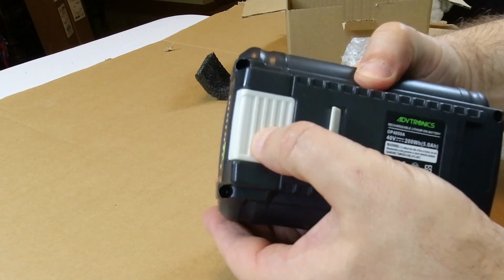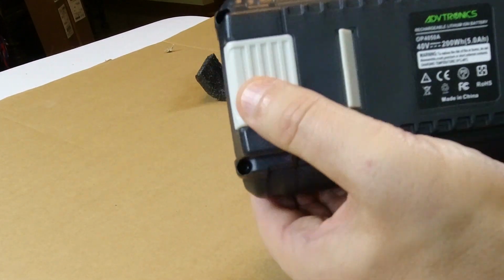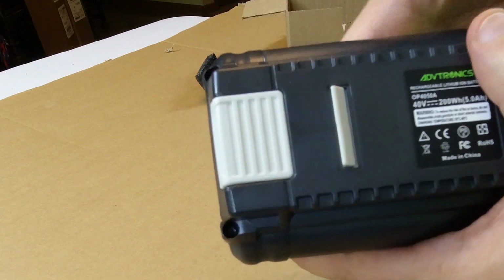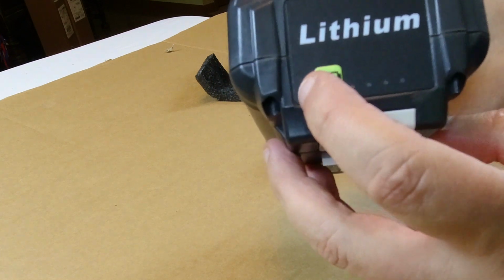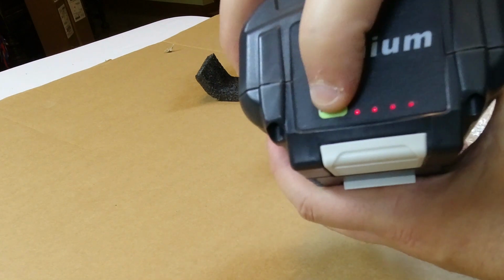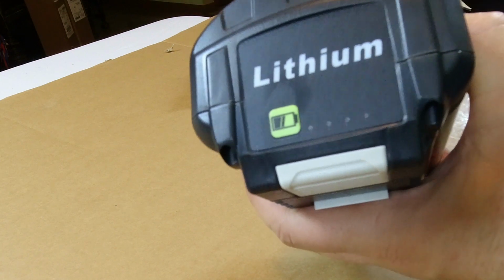This works exactly the same as the RYOBI system. And then you have, of course, a little indicator back here. This looks a little different, but everything else so far looks about the same. Let's go ahead and push that button. Oh, we have a full battery. That tells me this is pretty much fresh from the